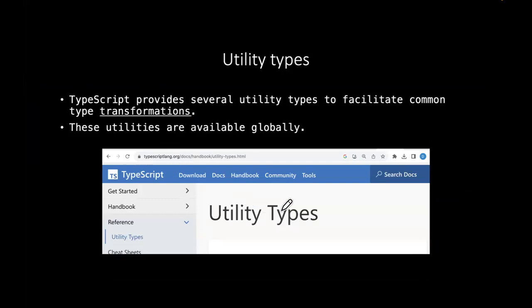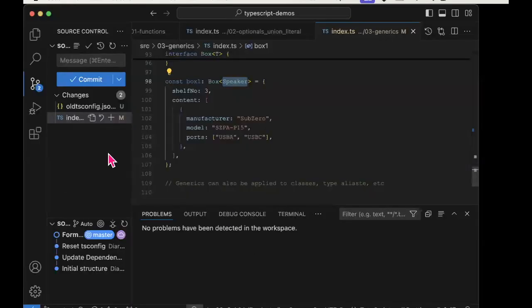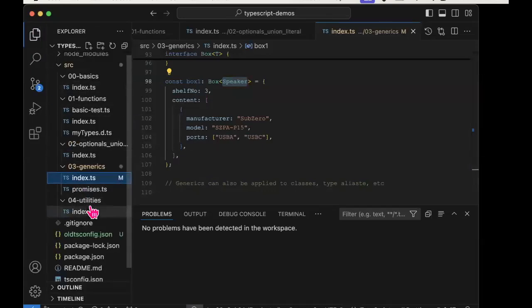And there's a section on utility types, and it lists all of the predefined utility types that come with the language. And we'll just look at a small few of them. Back to here. And if we go into this section here,